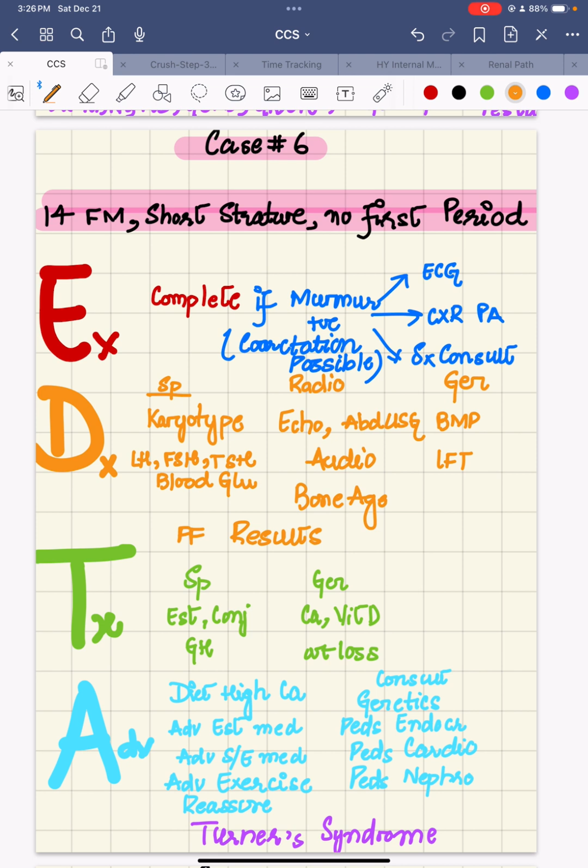And in general treatment, give her calcium, vitamin D, as well as weight loss advice, since she has short stature as well as increased weight. Advise diet high in calcium. Advise estrogen medication compliance and side effects of the medication. Advise exercise, and reassure and consult genetics, peds endocrinology specifically for